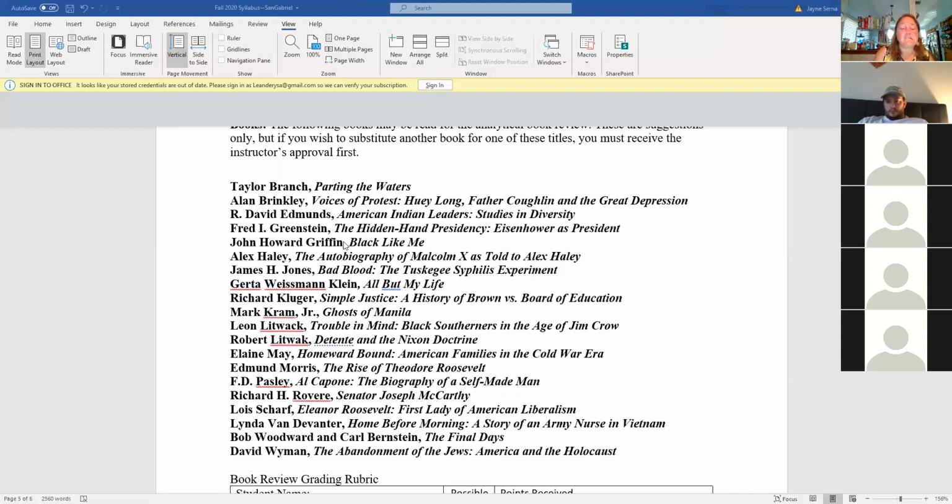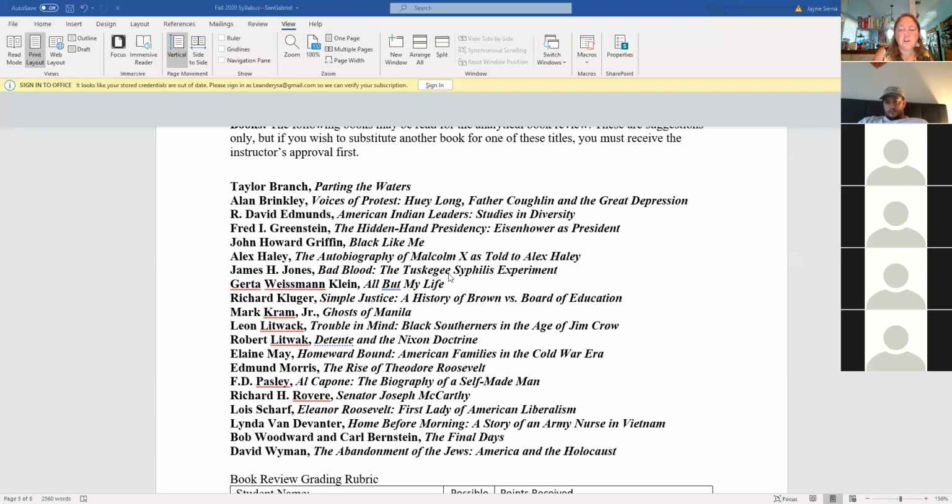This is a kind of controversial book about a guy, newspaper reporter, who wanted to write about how African Americans were mistreated in the late 50s and early 60s, but couldn't get what he believed to be legitimate information, so he went undercover as an African American man. It's a weird book, but kind of interesting. This is the autobiography of Malcolm X, which is a fascinating thing, and it's kind of co-written by Malcolm X and Alex Haley.